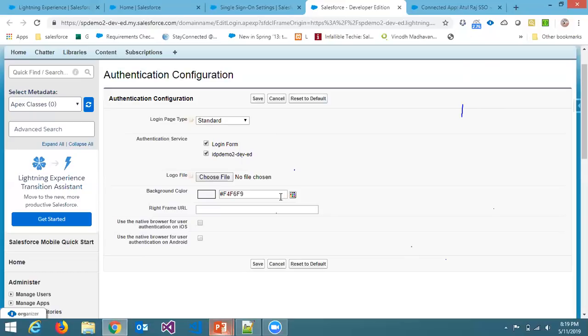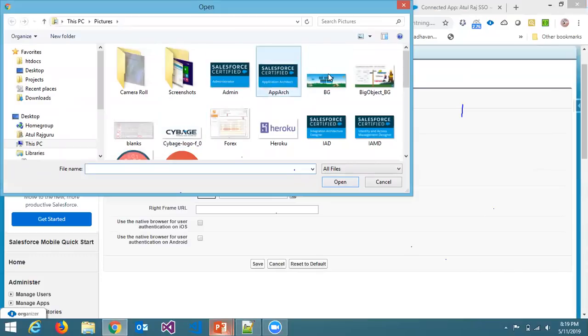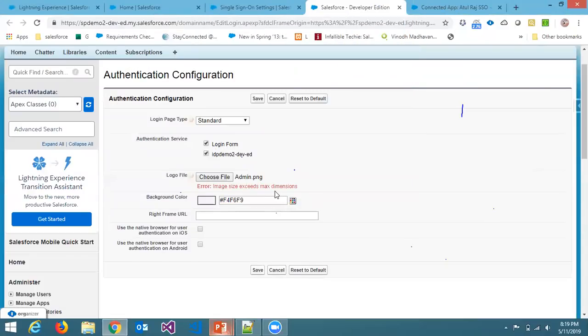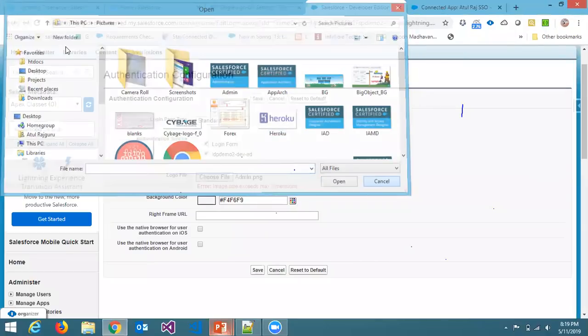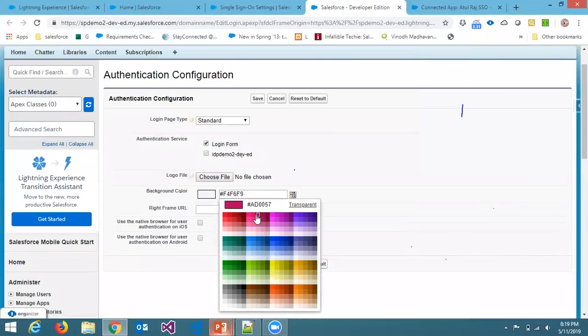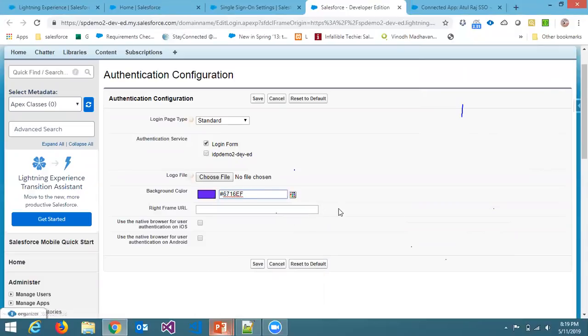We can configure the logo, and we can configure any specific items that we want, right? So I'll just choose one logo, maximum size. Okay, let's not change the logo then. Maximum size, dimension. Refresh the page. I'll not change the logo. I'll just change the color, just to save some time. And right frame URL is the side window that we see. I'll just show you. Save, and then